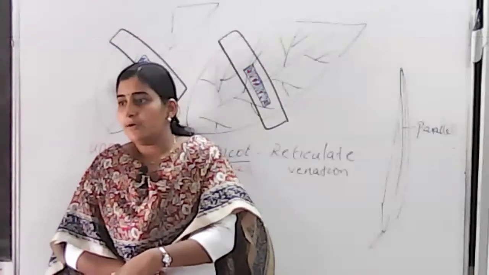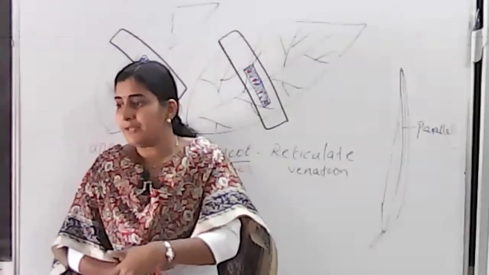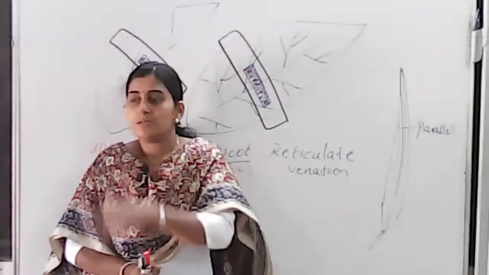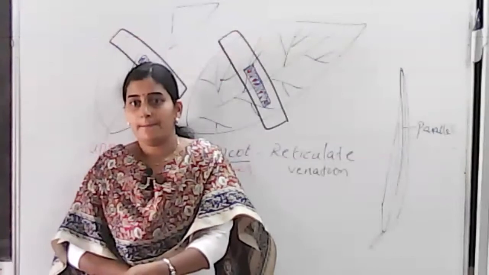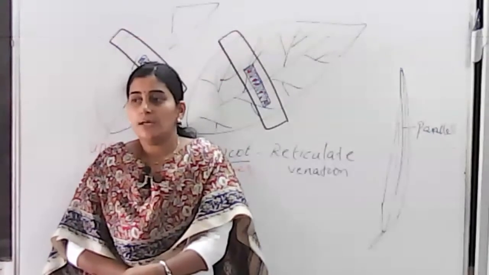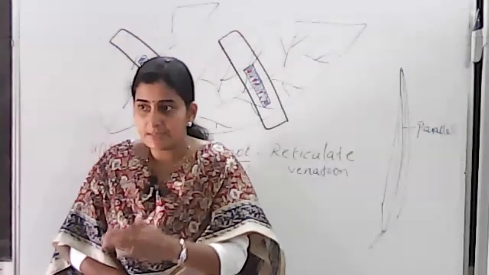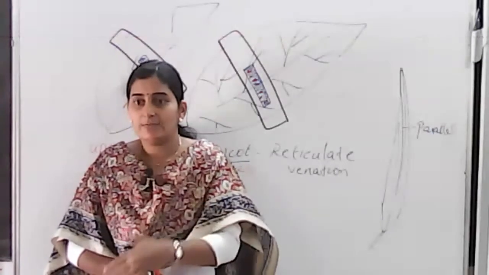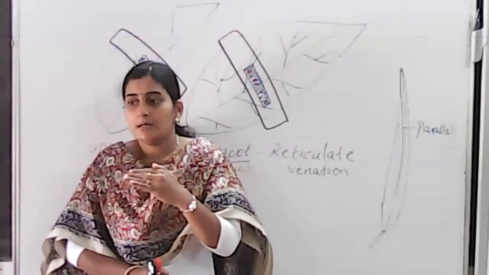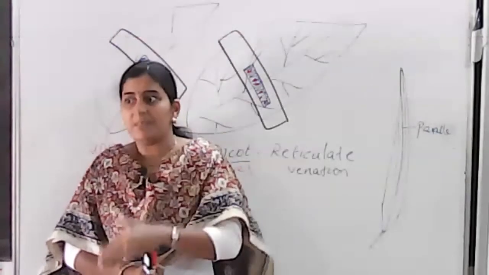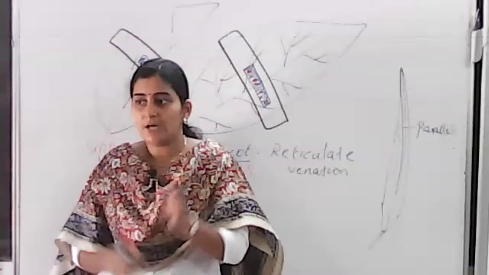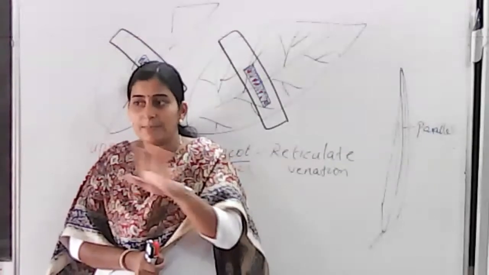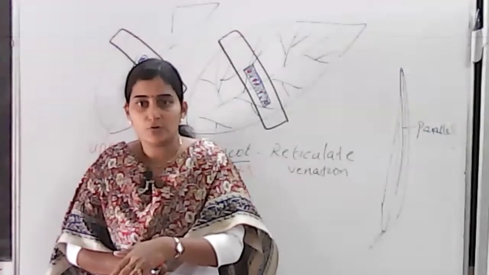Okay. So when you see the diagram on page number 59, you can see the same structure is enlarged and shown there. Yes. So there you see the upper part as the epidermis. The next layer you can see is the mesophyll cell. The first layer is the palisade mesophyll cell, which are very closely packed cells. Then below that you will see loosely packed cells, that is the spongy mesophyll cell.